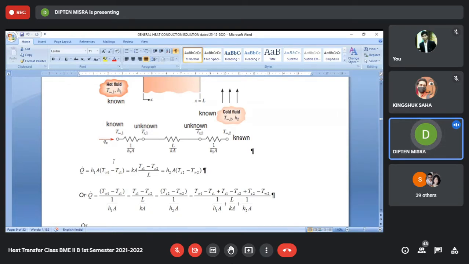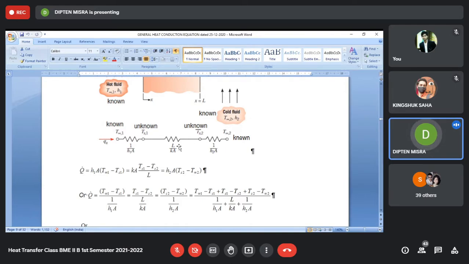The second requirement is that there is no internal heat generation. Because if there is internal heat generation, then whatever heat it receives, it may leave more heat, because that extra heat comes from the internally generated heat. So if this is equal to Q0 and this is equal to QL, then QL should be equal to Q0 plus the total rate of heat generation inside this volume. That can be the case. But here we are taking a case where there is no internal heat generation. So the second requirement is that there must not be any internal heat generation.